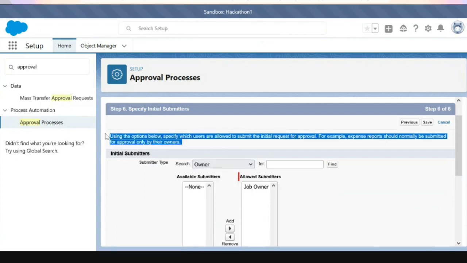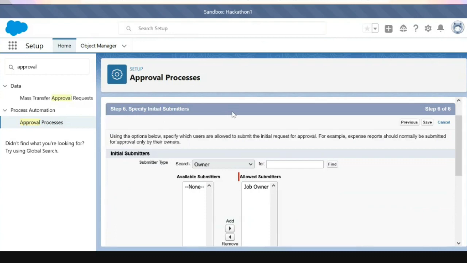Okay, one thing maybe I forgot. Approval process: obviously developers will create that approval process in your org. The approval process and all the functional things, developers only will do. But developers are not the ones who create the records and submit them for approval in real life; users will. So that's why Salesforce is giving the option of who can submit